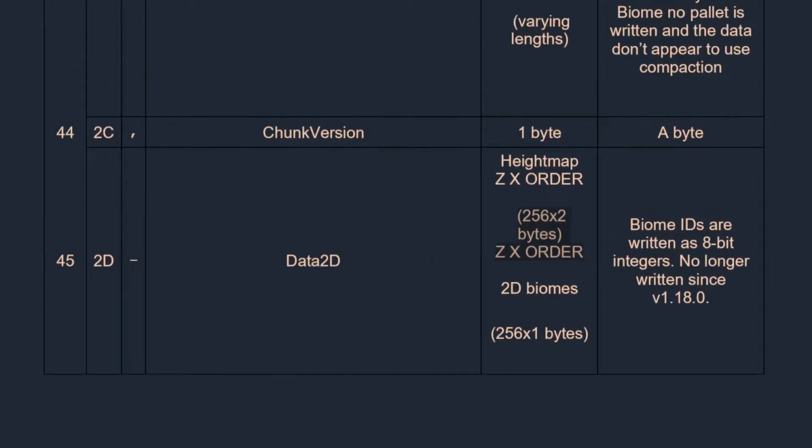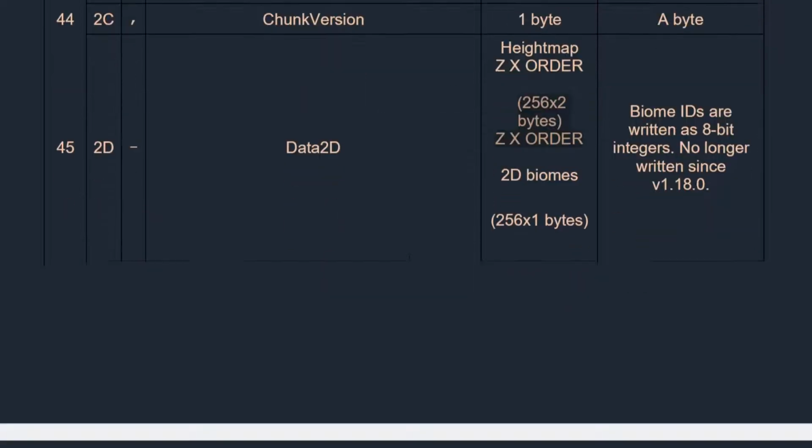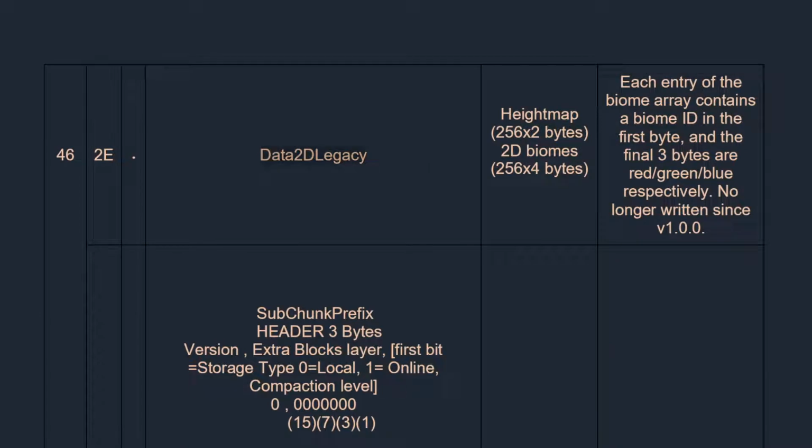But it's pretty much, ZX order means that it goes from Z. You know, Z is south, or negative Z, positive Z. I always get confused. I'm sure you do too. If you don't, then damn, you've got a good memory. All right. So data, I don't know because I have not used this yet. This is ancient,